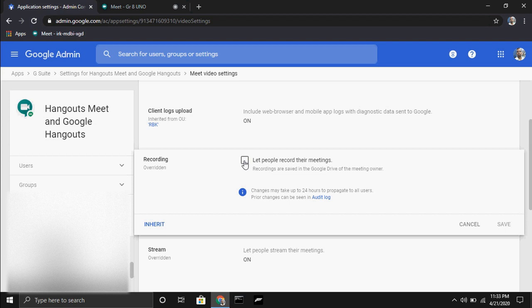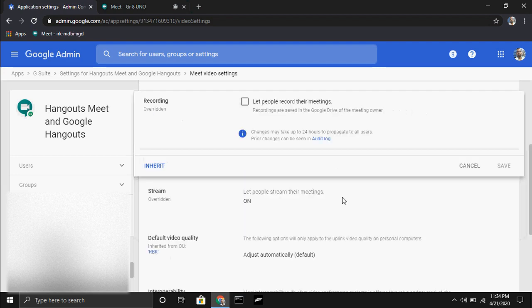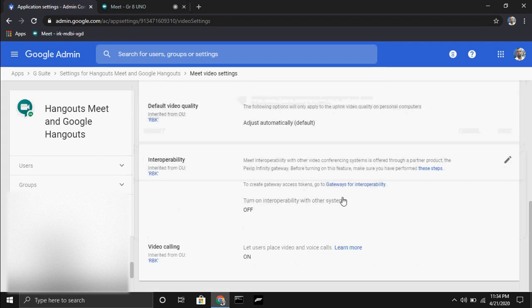When you turn it off, that means students can't access that recording setting. After unchecking the record option, all the rest of the staff or teachers can use the meeting recording option, but students can't access this recording option. So this facility is here.